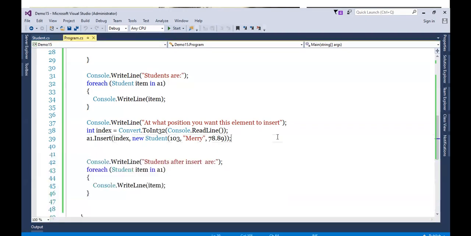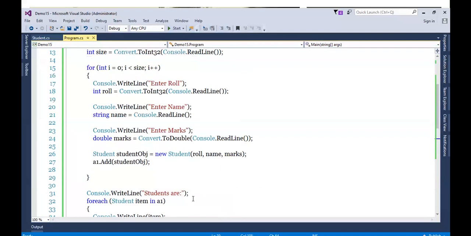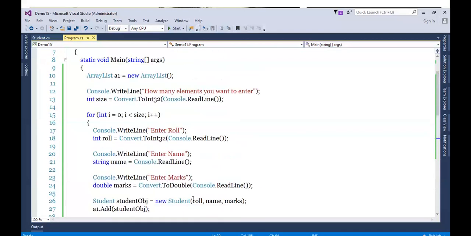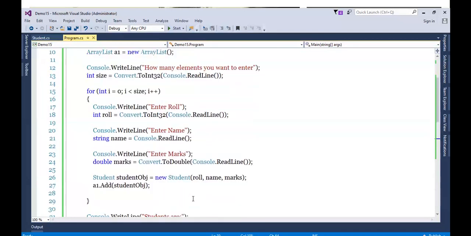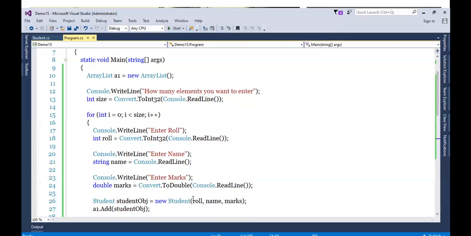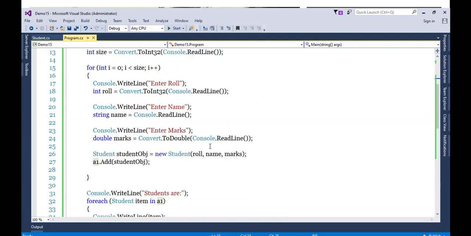Okay, now there is one more method available called AddRange. Now what is AddRange? Let's say I got a collection of array and I want to insert this array directly in the array list. So in that case, I will use the AddRange method.